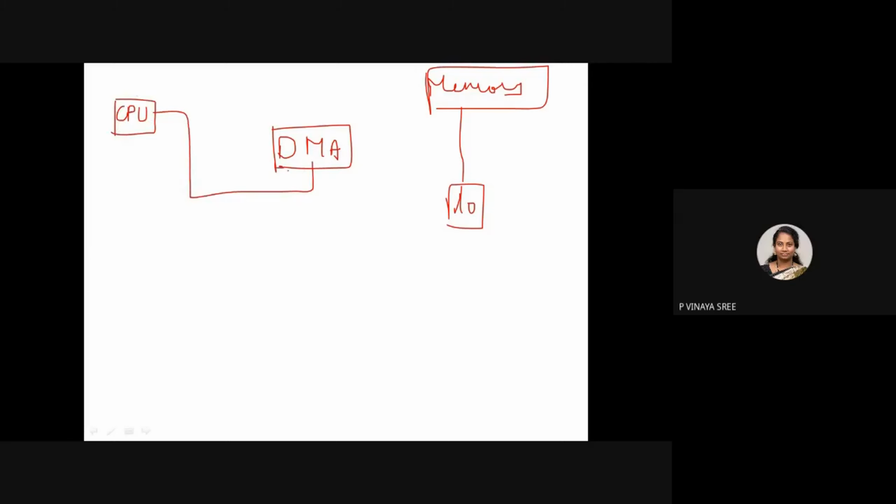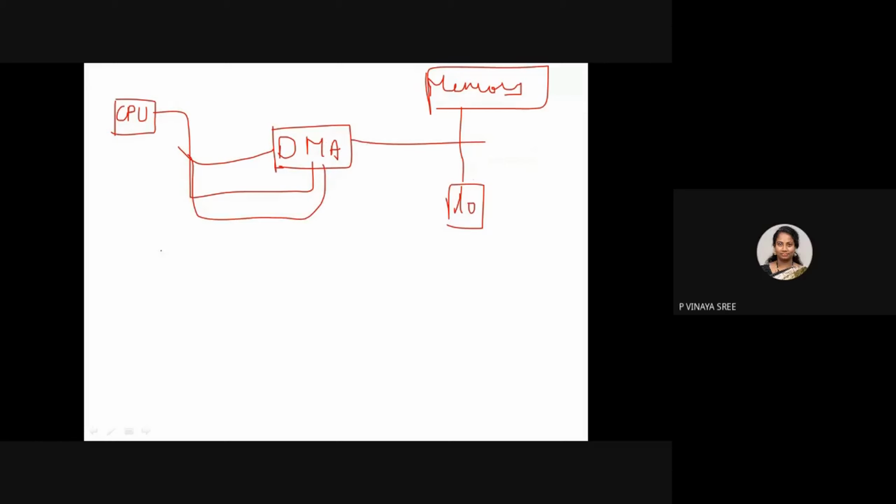Much of the time the DMA will be in a waiting state until the CPU releases the bus. Once the bus has been released, it takes over that bus for transferring data from IO to memory. And this will be very slow.